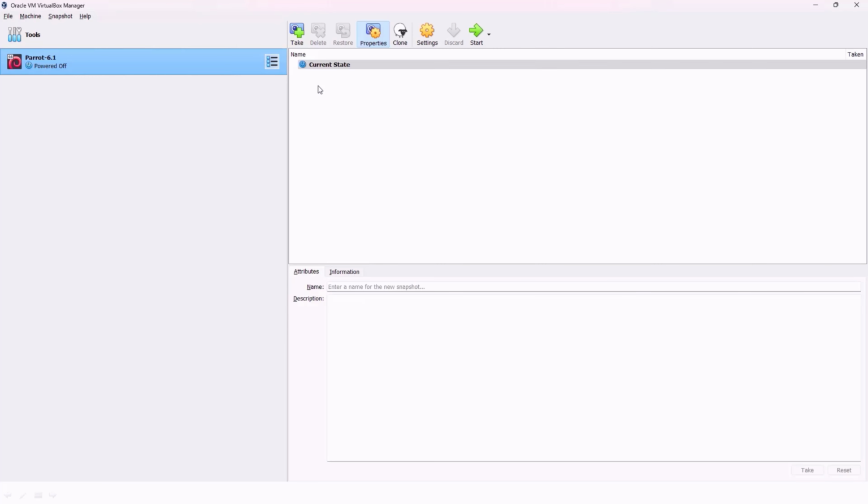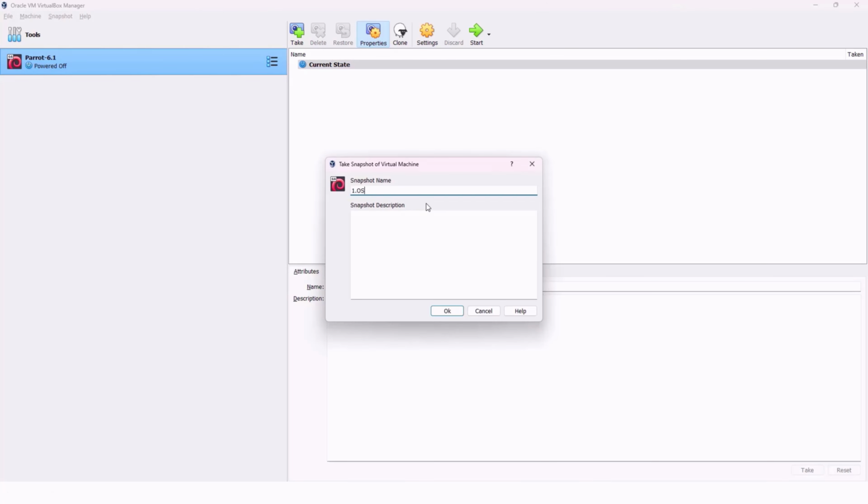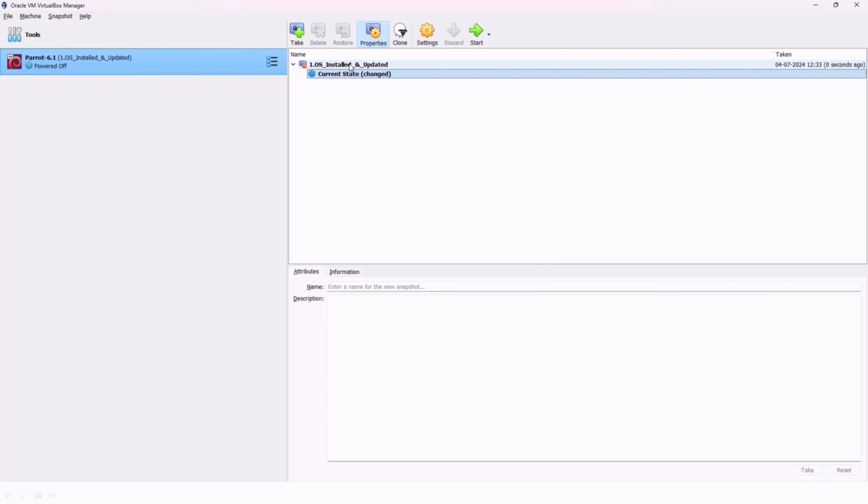I'm going to just click on snapshots, current state, and then take one snapshot of the current state. So what I'm going to say is OS installed and updated. That's it. Description, you can define anything over here and then click on OK. There we have got the snapshot. Now we're going to work on over here in this state. And if you're going to face any kind of issues over here, you can always come back to the best state that you have created, the